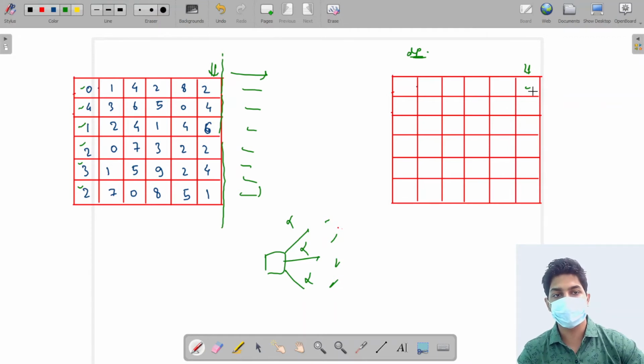So for these points, what will be the answer? The maximum gold will be the same as the gold which is present in this location. We cannot get gold from the cells which are after this particular cell. So for these cells, the answer will be the same as the gold stored in them, like 2, 4, 6, 2, 4 and 1.